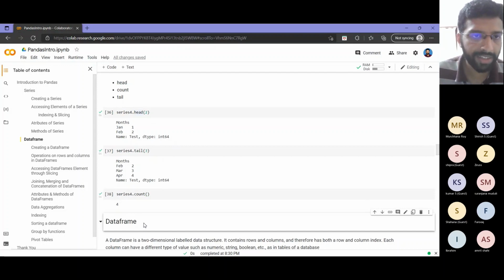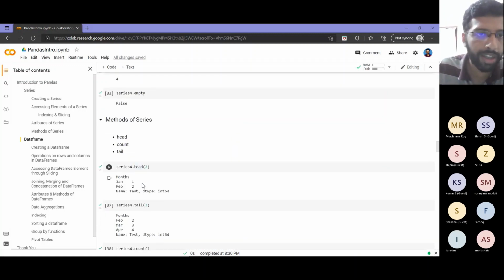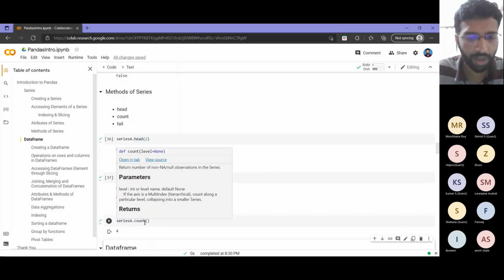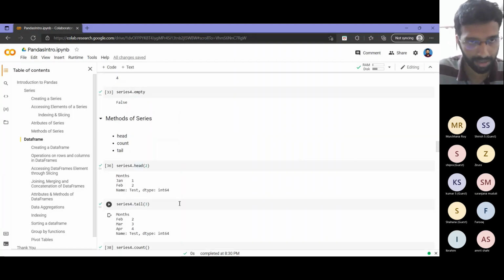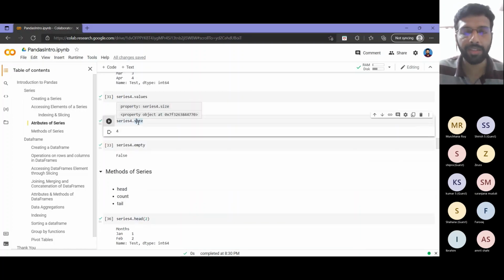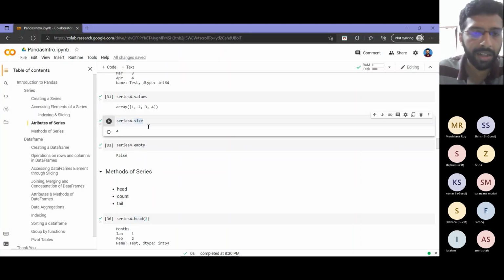That will give you, similar to size, the number of elements in the series. Now you may think there is already an attribute called size, so why is there another one called count? The answer is for your understanding. Suppose you initialize a series with 100 elements and by default assign all values as NaN. If you print that series dot size, you will get 100.